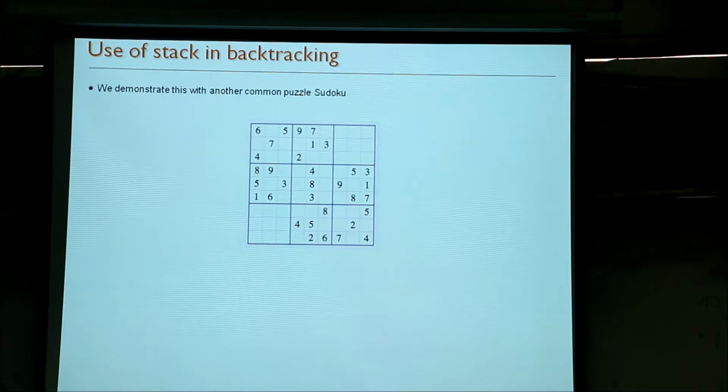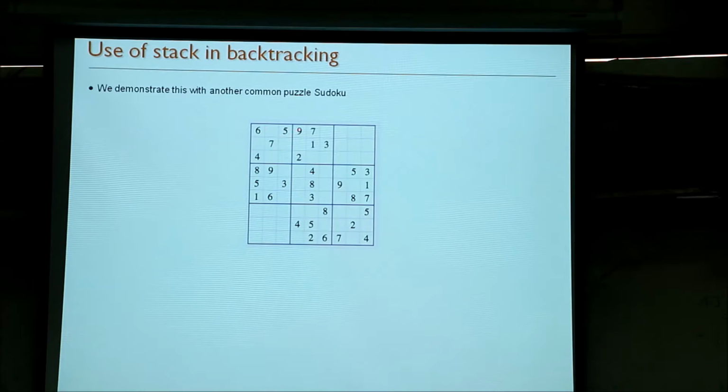So how many numbers do we have to place in each box? Each cell will have only one number. This is the bigger box. In the bigger box you will have 9 cells, 3 cross 3. So you will have to place the digits 1 to 9, each digit exactly once, right?